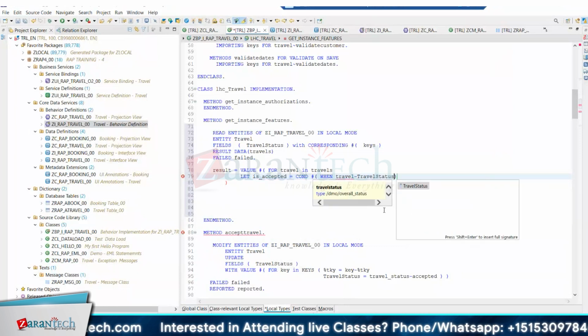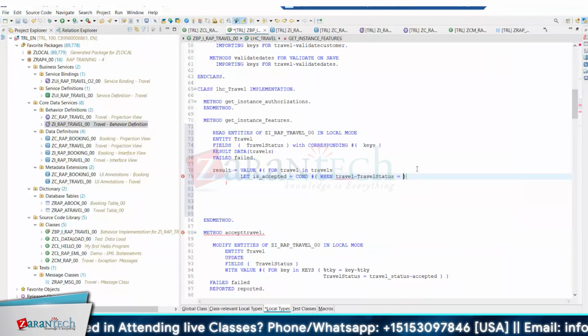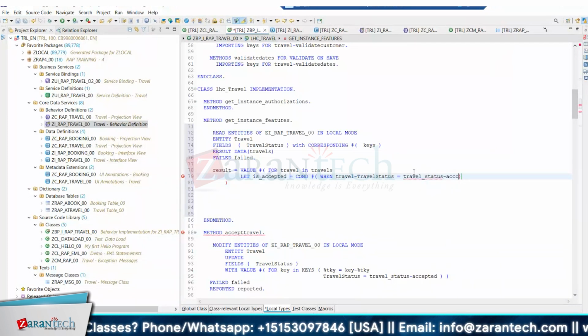Travel status is equal to travel status accepted. If it is already A, if it is